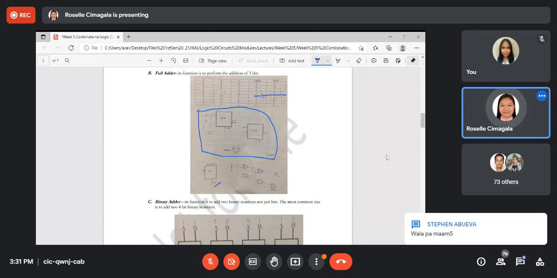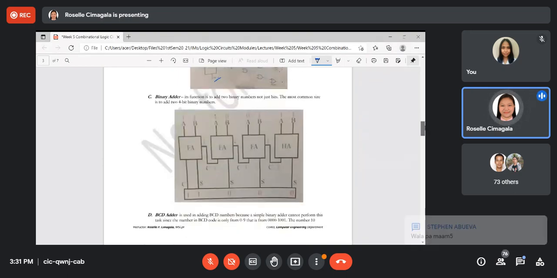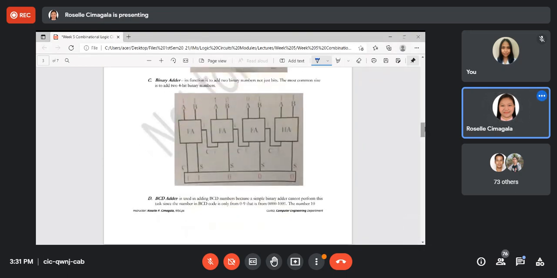Clear lang, no? Sige. Let's proceed to binary adder, okay? Kasi tulo na ka full adder. Kani siya class, mura ba og ang A nimo, let's say ang A upat ka input variable as well as si B upat ka input variable. So let's say si A kuno na siya input nga 1 0 0 1